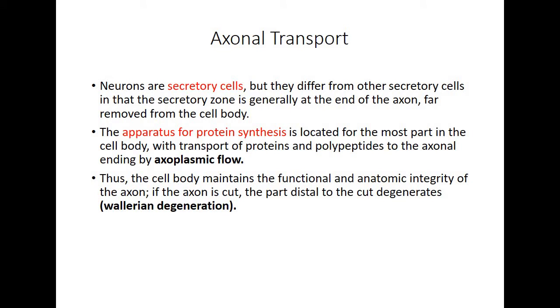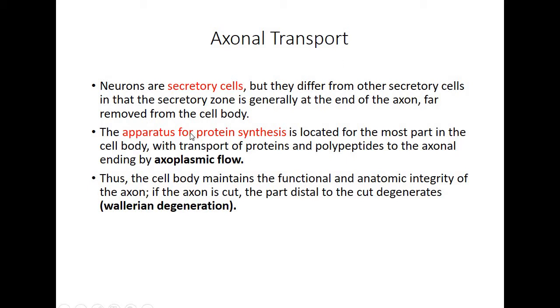And now we will discuss the axonal transport. The neurons are secretory cells, but they differ from other secretory cells because in these cells the secretory zone is generally at the end of the axon, far removed from the cell body. In the other secretory cells, the synthesis happens there and the secretion also happens there, but here the secretory zone is far away and far removed from the cell body,